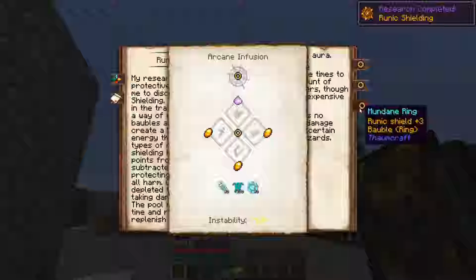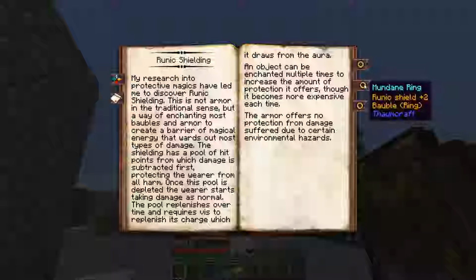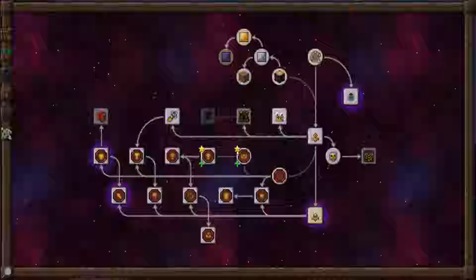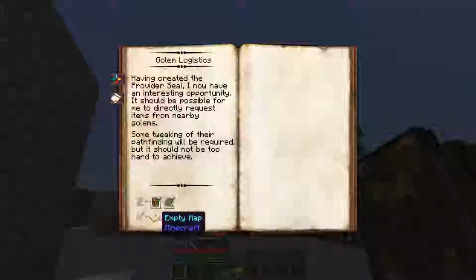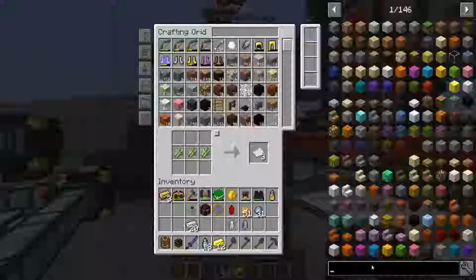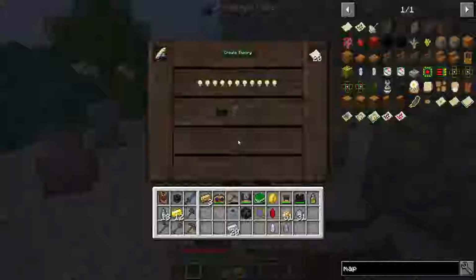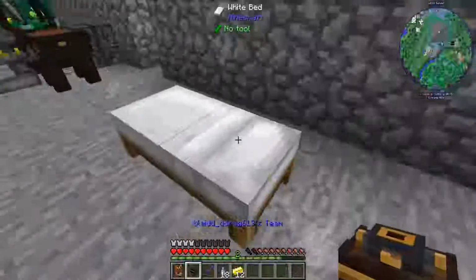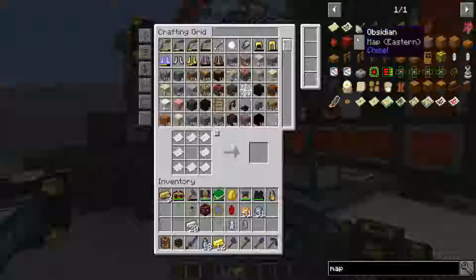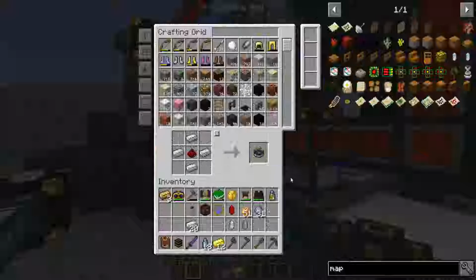1 mundane ring with runic shields. Cool. That is cool. Gallimancy. Empty map, eye vendor. I mean, we're in the middle of this, but let's do this. Map. Empty map. Probably needs a compass. I don't know who added that other recipe that isn't valid, but...